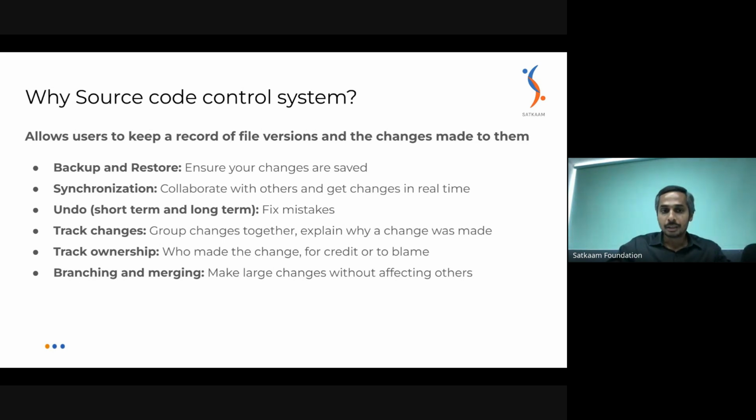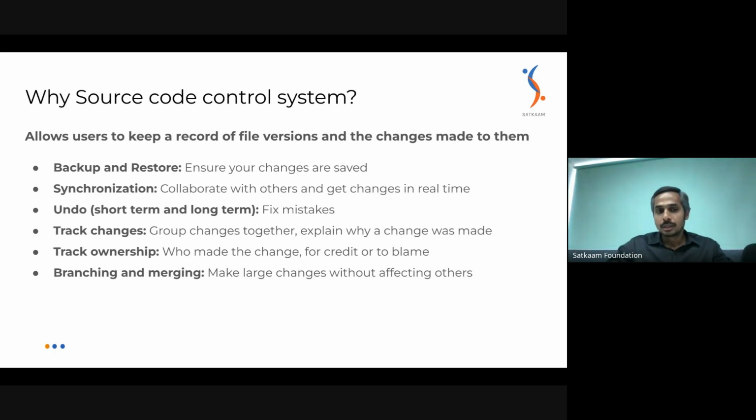So any day, if you ask me what it was 2 years ago, or what it was when the feature was introduced, I should be able to go back and check the code and figure out what could have been done better. The team should be enabled to do all those things by using source code management. So let's go through some of the common terminologies